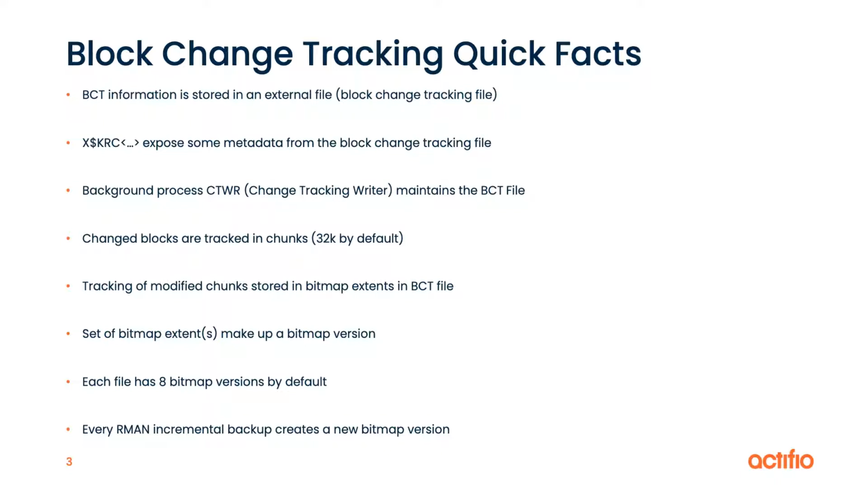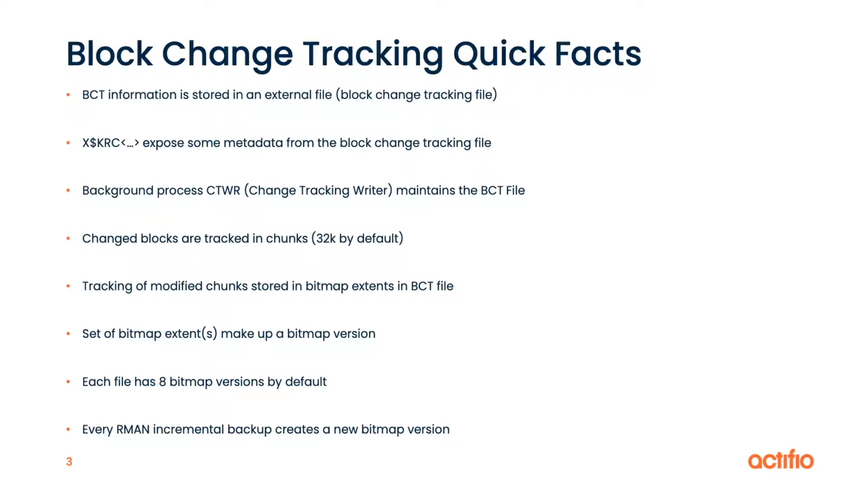presentation. An important thing to note is that blocks are tracked in chunks. In other words, there's not a bit in the bitmap for every block that exists. Instead, the changes are tracked in chunks, in 32K chunks by default. That's important when you think about very, very large data files. If you had a bit for every block, that would keep the change tracking writer pretty busy. Tracking is modified. The bits are flipped as those chunks, or a block in those chunks, are changed, and we'll